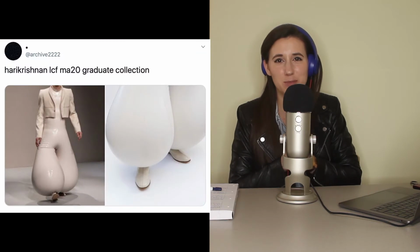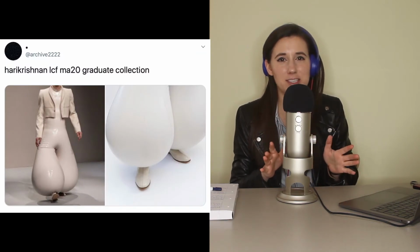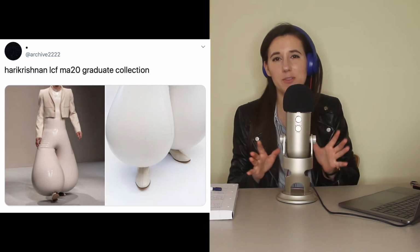Now, the first trend came out maybe 2 weeks ago, so I missed this one and I wanted to put it in because it was so good. We haven't really had that many fashion trends that really pop up online recently. So this is a great one that I really wanted to cover, and it is the inflatable trousers. If you haven't heard about these, you haven't seen the images, they were online all over the place when this